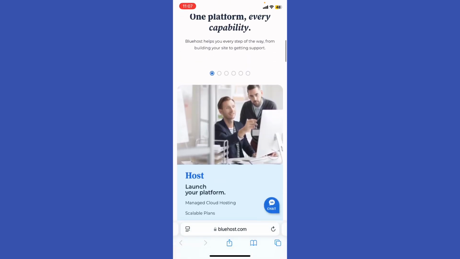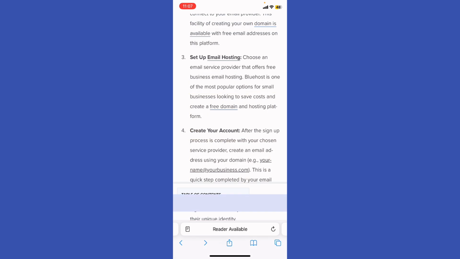Now what you're gonna do, you're gonna go ahead to the official website. And if you want to set up an email hosting or business email, choose an email service provider that offers free business email hosting. Bluehost is one of the most popular options for small businesses looking to save costs and create a free domain and hosting